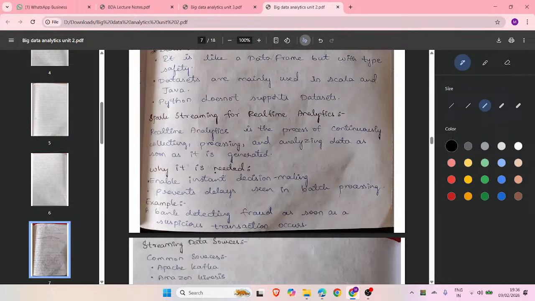Don't worry. Okay. So this is about this particular topic, and then they may ask you one more thing, like differences between data frames, RDDs, and datasets also. So which may be directly in your examination point of view. Okay, right. I think this is what it is about this particular topic,